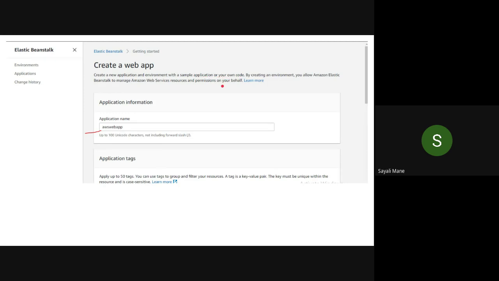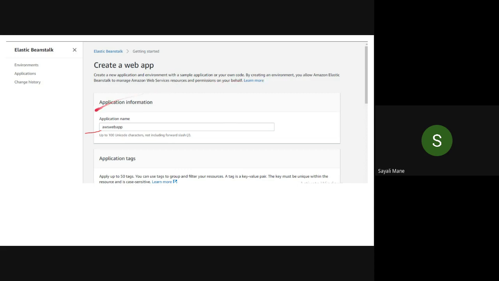Right now we don't have any code, so we are taking the help of the sample application. By creating an environment, you allow Amazon Elastic Beanstalk to manage the Amazon Web Services resources and permissions on your behalf. So this is the next task.